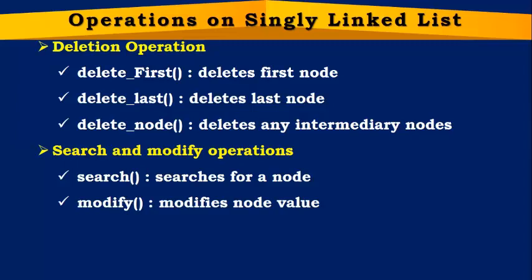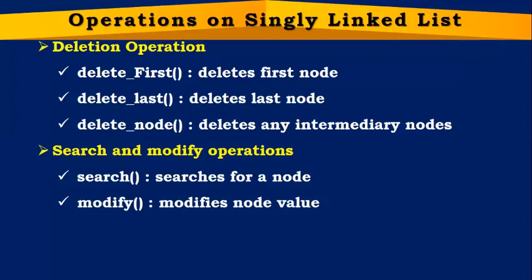And if I call delete_last, directly it deletes the node which is present as the last node in the single linked list. If I call delete_node, this function asks us which node you want to delete, and that node value we need to enter. After entering that node value, it checks whether that node value exists in the list or not. If it exists in the list, it is going to delete that particular node. If it does not exist in the list, it gives us a message that no node exists in the list.